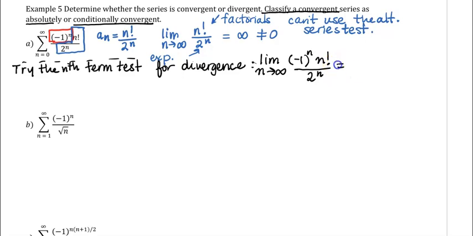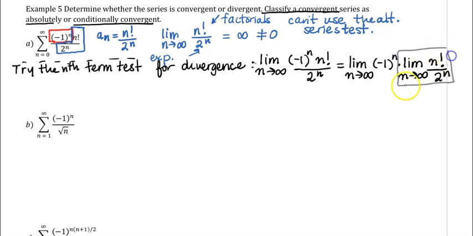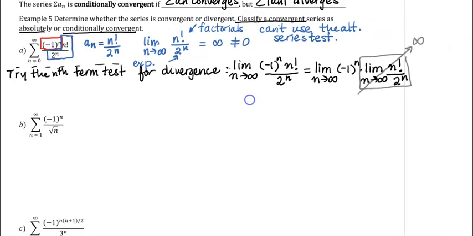In taking this limit, I'm going to separate it into a product of two limits, because in the second factor, with the n factorial over 2 to the n, we've already said that this limit is infinity. If this goes to infinity, there's no way that this entire limit equals 0,